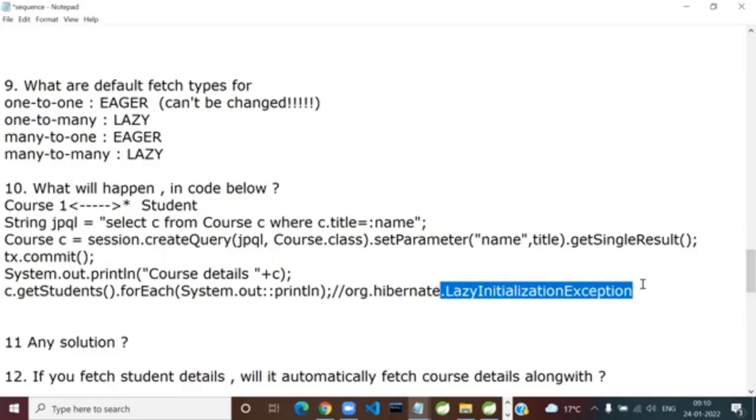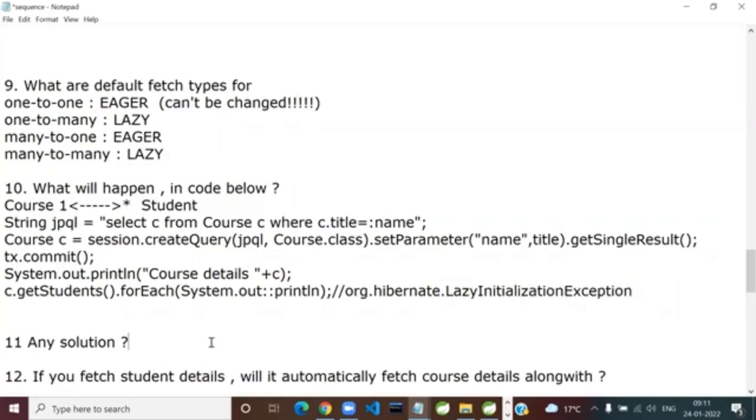And you have a proxy. Think of a proxy like an empty shell with no substance inside. So there's no data, it's a wrapper. It's a proxy pattern. Later in Spring AOP, I'll discuss it in more detail. So all you'll get is a lazy initialization exception.